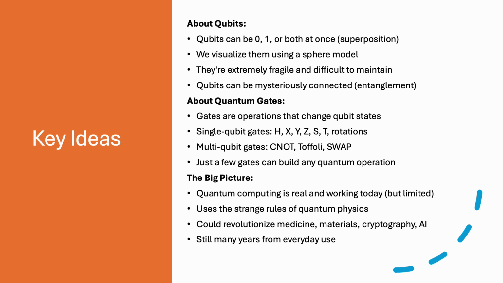In the second half, we dove into quantum gates and circuits. We learned about single qubit gates like Hadamard, Pauli gates, and phase gates, which manipulate individual qubits. We explored multi-qubit gates like CNOT that create entanglement and correlations. We discovered that just a few gates form a universal set capable of approximating any quantum operation. Finally, we saw that you can program quantum computers today using free online tools and real quantum hardware.